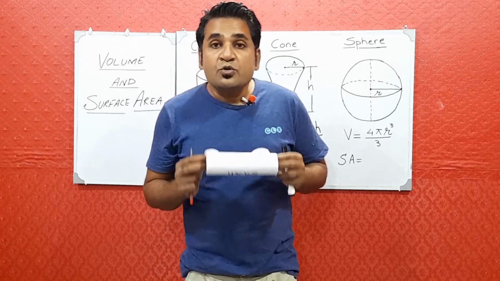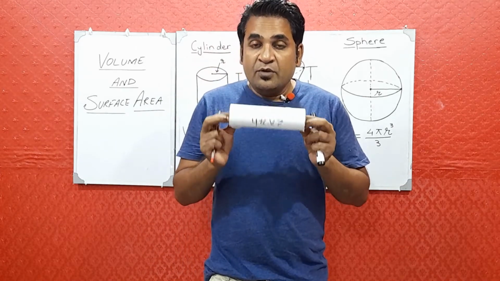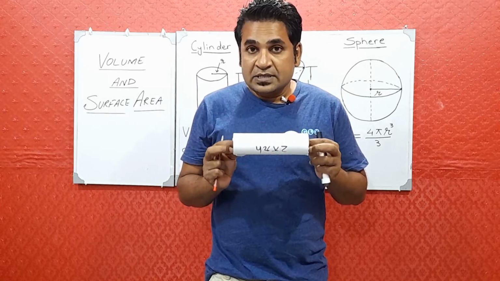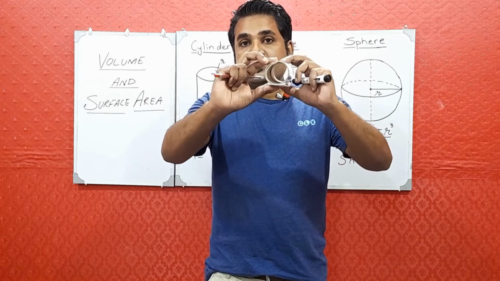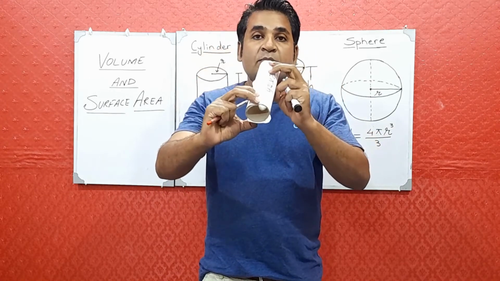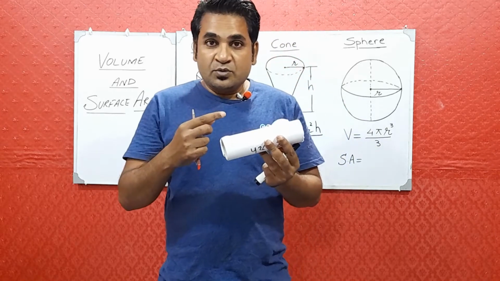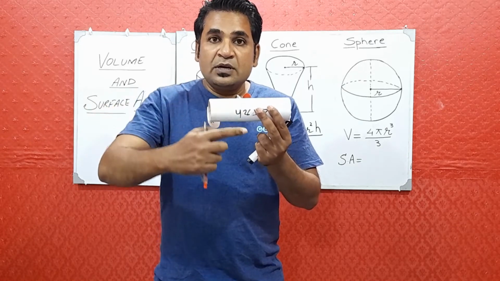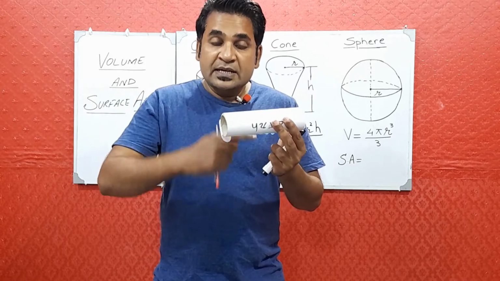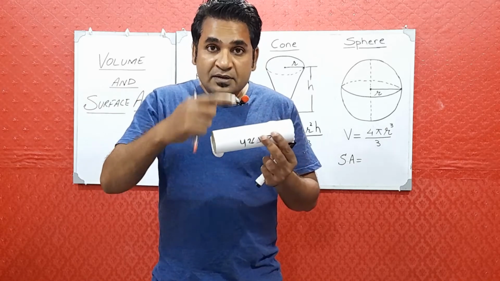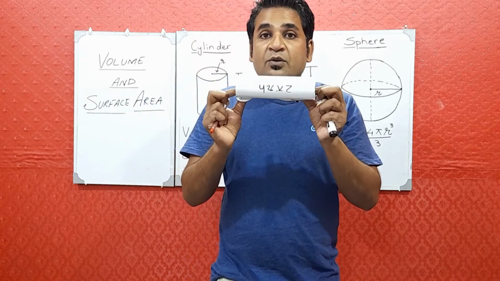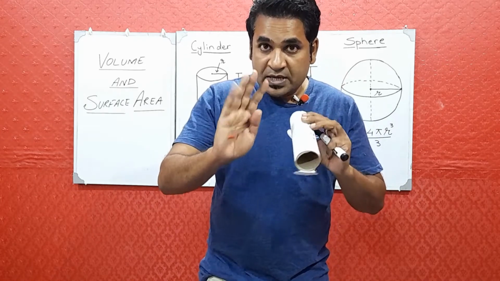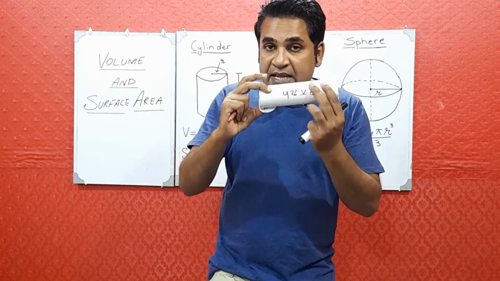Now how to find out the surface area of this cylinder? This is a bit technical, and you have to understand the concept. Look, in this form, this cylinder is open from both sides, both ends. So only this surface is called its curved surface, and we are supposed to find out the area of this curved surface if the cylinder is open from both ends. So this is the first case about surface area.